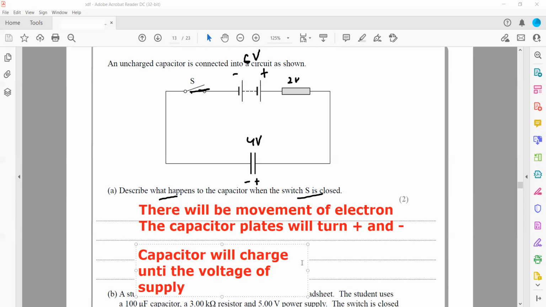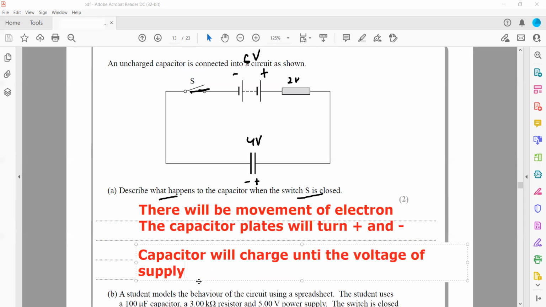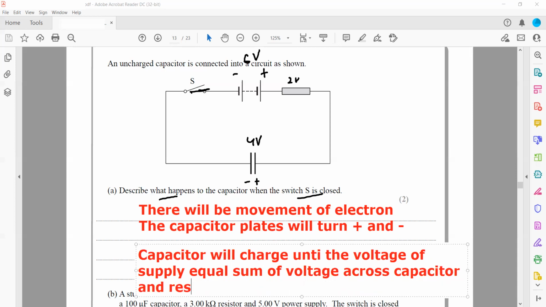equal to the sum of voltage across the capacitor and resistor. If only the capacitor was there, for example, if we were not having any resistor in